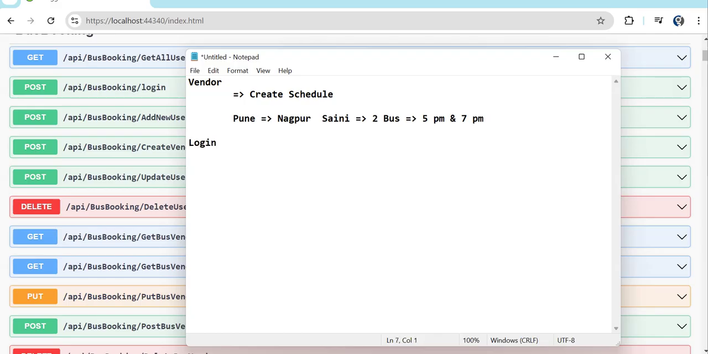Obviously, there are going to be multiple vendors and a super admin will also be there. So we need the login page. Then we will need to do CRUD operation of vendor. Okay. Then bus schedule